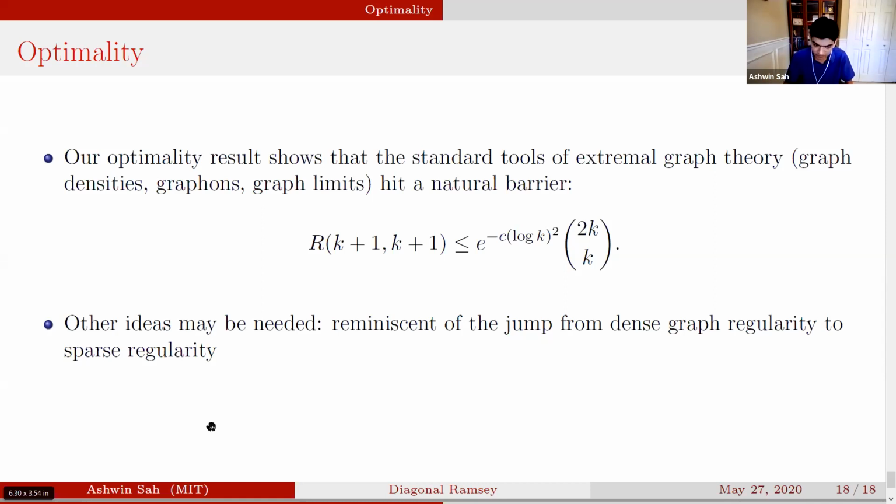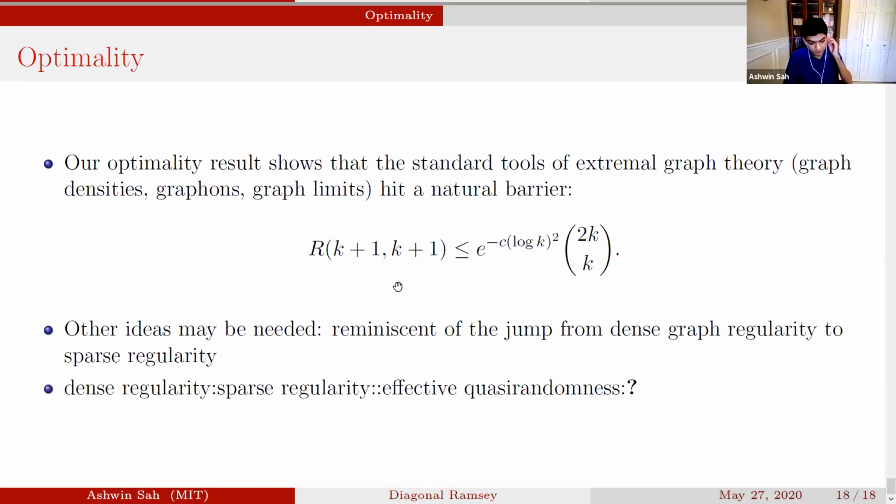And a couple of things that you might be interested in, for example, the global bound that I gave earlier is optimal, but the example is structured, so you might hope to bring in some of the techniques from additive combinatorics and say, well, maybe if it's very structured and it's close to a graph where we don't have better bounds, maybe there's an improvement. And if we're near an extremal counterexample, maybe there's some way to find some sort of increment or sectors that allow you to exploit more things about the Ramsey graph. So that's one direction that might be fruitful. But I would suspect that that would only get a little bit past this log squared k rate.